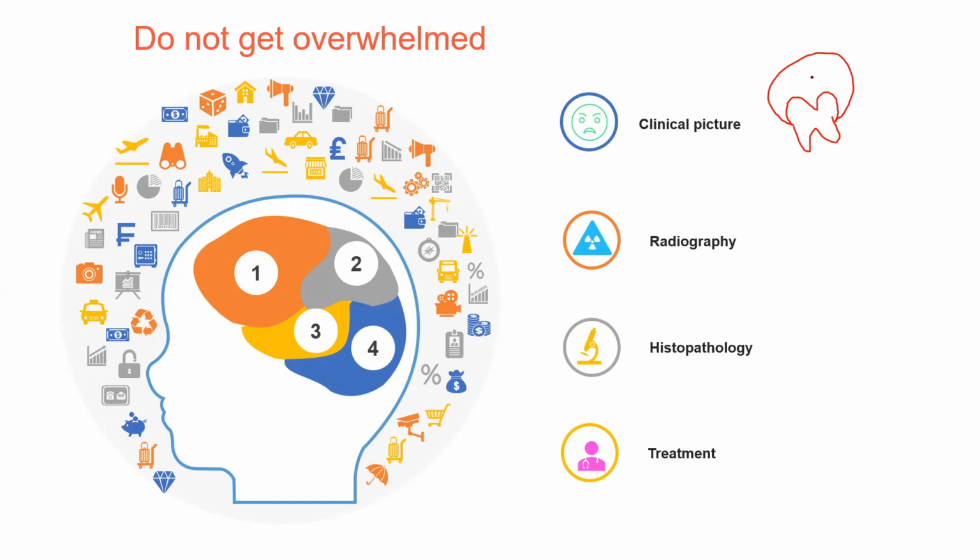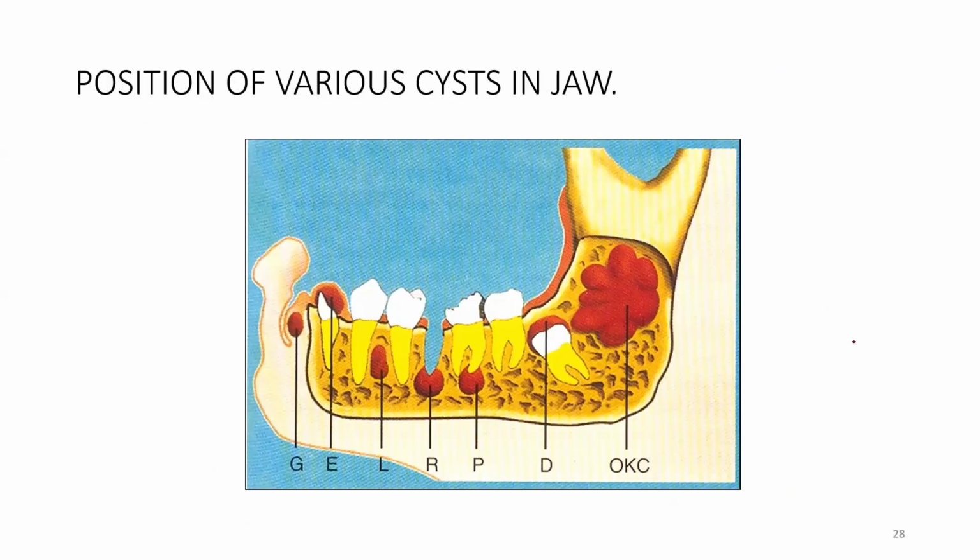radiolucency. But you will see calcifications on radiographs, which can be irregular in appearance or could even appear as tooth-like densities. The histopathology shows presence of ghost cells, which are the most unique and characteristic feature of calcifying epithelial odontogenic cyst. Treatment is enucleation. This is an image which I'm going to put up at the end of every lecture